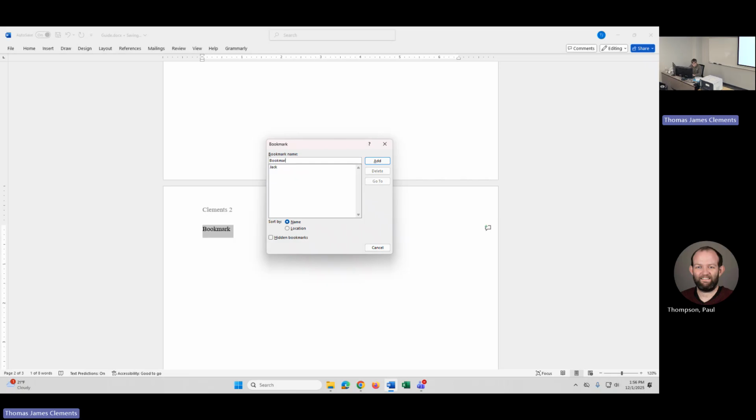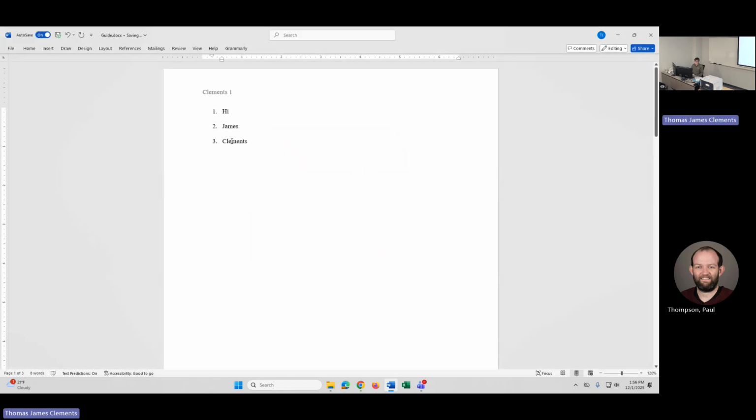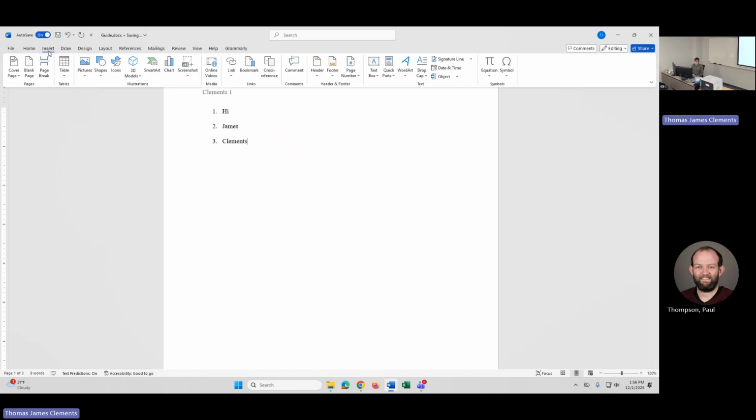Now you don't have to name it exactly what the name is. That's just my personal preference, so that way I can find it on the page. And then if I wanted to remove it and stuff like that, we'll go over that in a second. So over here, imagine this is your table of contents, which you can make later, but I'll show you